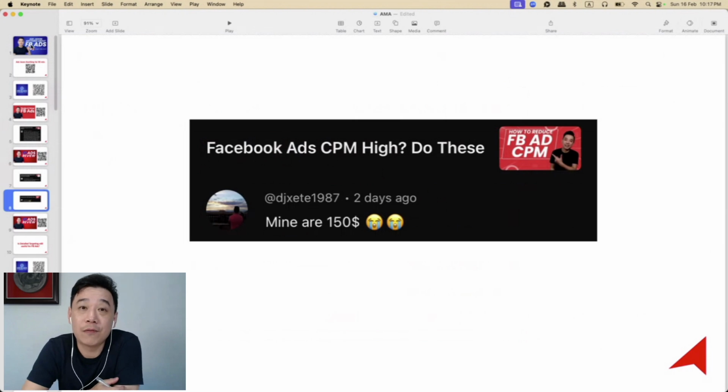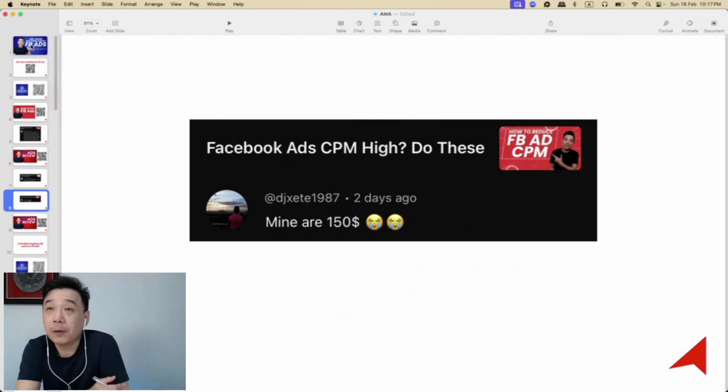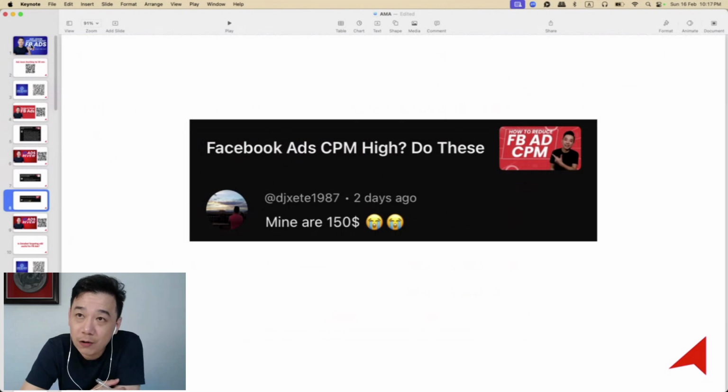First, because you choose a very difficult objective. Like for example, lead gen, sales, all these are high value so-called conversion events. They can have higher CPM, probably because there are fewer people who are likely to do that. When it comes to Meta advertising, you have to understand that when you choose an objective, you actually tell Meta who the people are that you're looking for. So people who are likely to visit a website are definitely cheaper compared to people who are likely to make a purchase on the website. Make sense? So when you choose a more difficult conversion event, it can get more expensive.